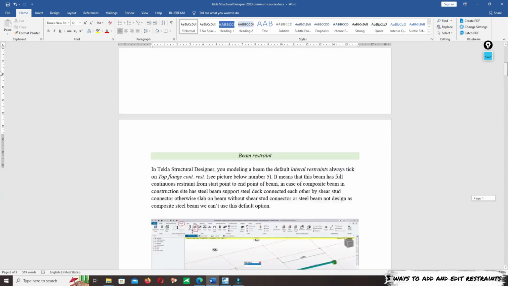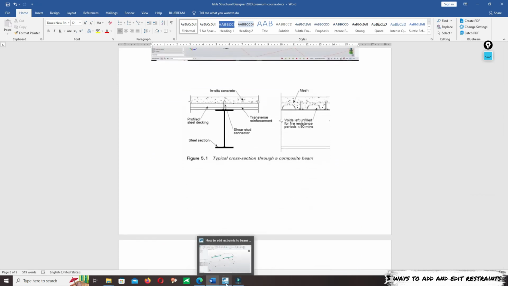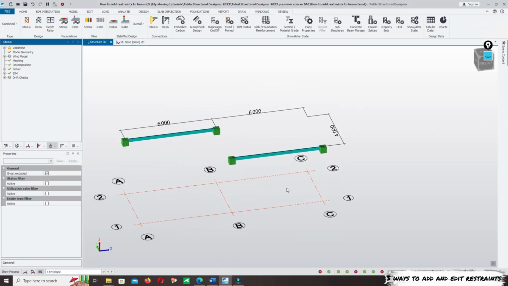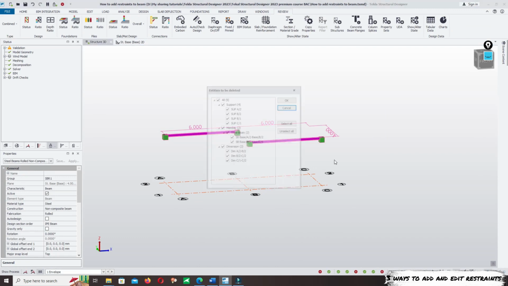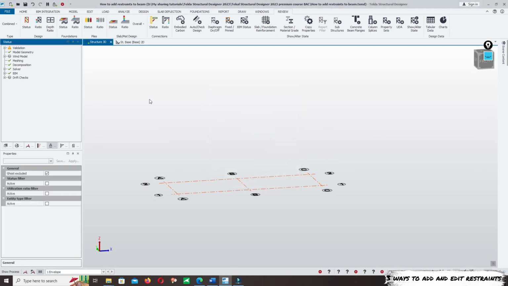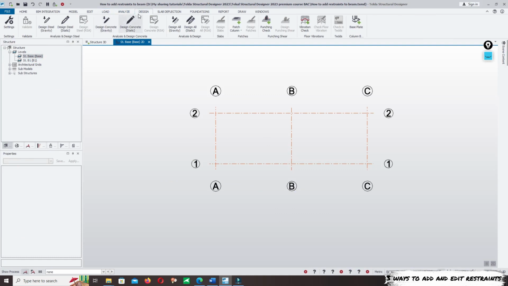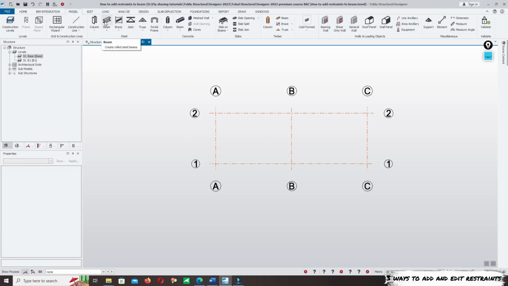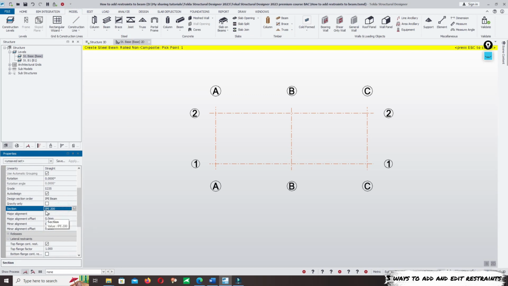Now let me start the first method, how to add restraint on the beam. Yes, come back to our Tekla Structural Designer, and now let me delete this model. Click OK. Again, come back to the structure and level base, and click on the modeling. Click on the beam, steel beam, and select the section. Now use IPE 200